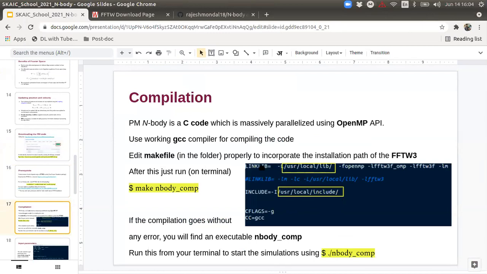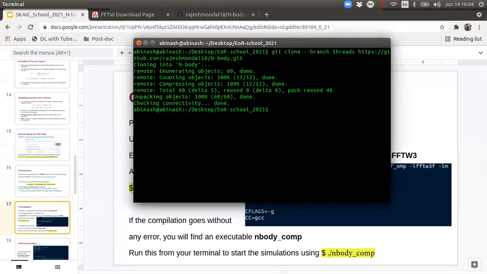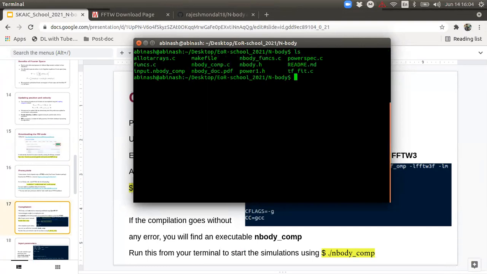Once you are done with that, you save this file, and you just need to run the make command here, and what you want to make is nbody comp. Sorry, I'm not in that folder. You go to the nbody folder. Here you have the files. You have the makefile. You just type make and write nbody comp.